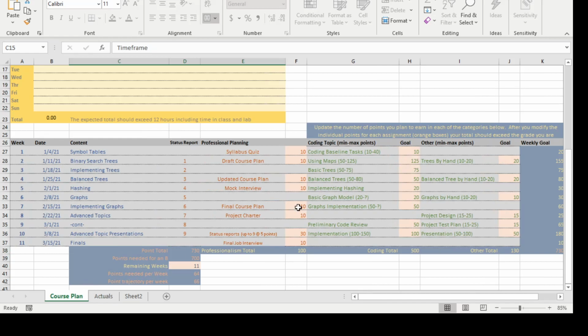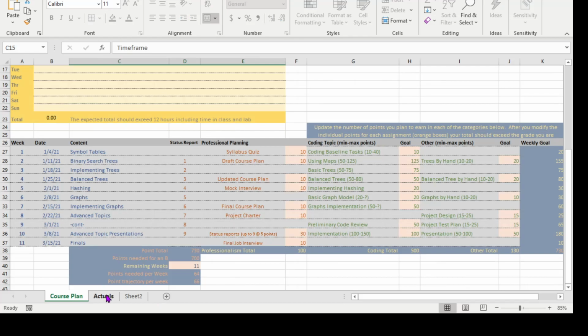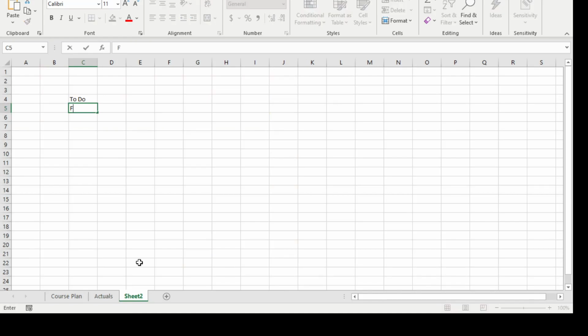You can also just start from this is the plan, and your actuals might be different. You can just give me a list to say, okay, this is my to do. In this one, my course plan said I was going to do 125 points of maps. My actual is only 65. So my to do becomes I need to finish COVID, and then whatever else is going to do there. I need to finish remove on basic map and do add on balanced tree, or whatever you need to do